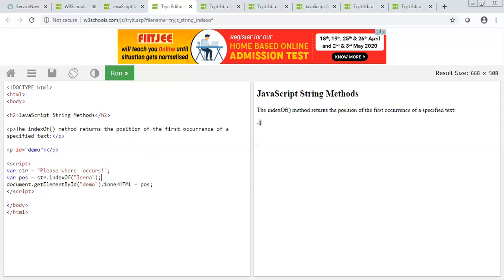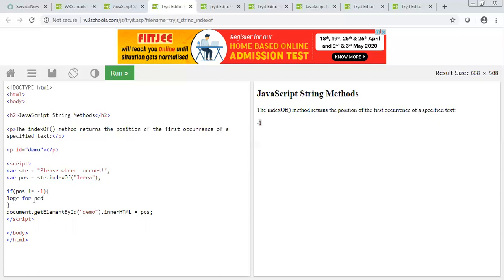Now I can put the condition in my code anywhere, like if POS is not equal to -1, then only go inside the loop, and I will write here the code to create the incident. Sorry, not equal to -1, then only logic for incident.